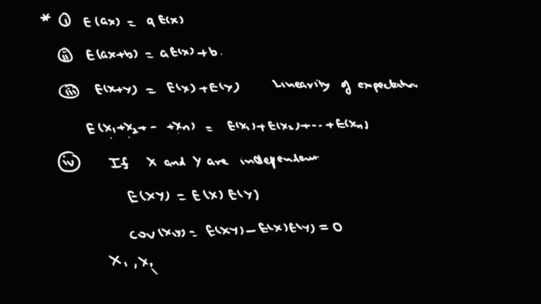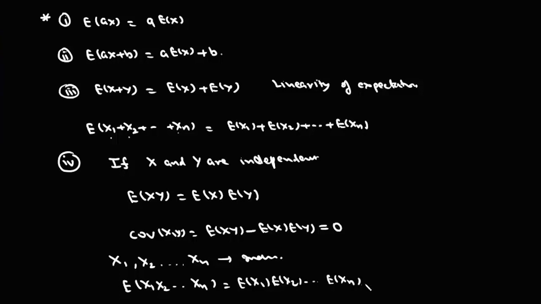और इस चीज को हम जनरलाइज भी कर सकते हैं कि अगर x1, x2 और xn ये सब इंडिपेंडेंट रैंडम वेरिएबल्स हैं तो एक्सपेक्टेशन ऑफ x1 इंटू x2 इंटू xn ये बराबर होता है एक्सपेक्टेशन ऑफ x1 इंटू एक्सपेक्टेशन ऑफ x2 अप टू एक्सपेक्टेशन ऑफ xn। तो ये आपके थ्योरम्स हैं जो आपको एक्सपेक्टेशंस पे हेल्प करेंगे। अब यहाँ पे इस क्वेश्चन में कहता है एक रैंडम वेरिएबल x है जिसका एक्सपेक्टेशन